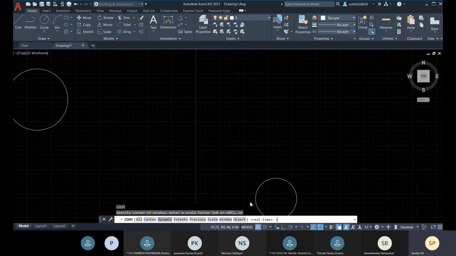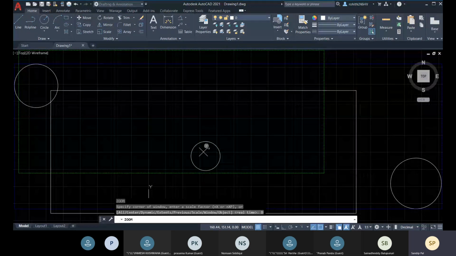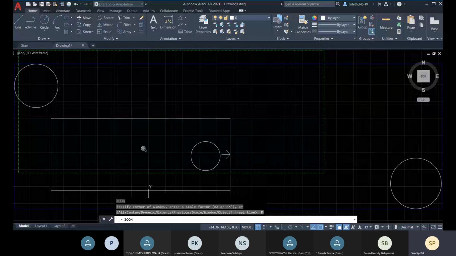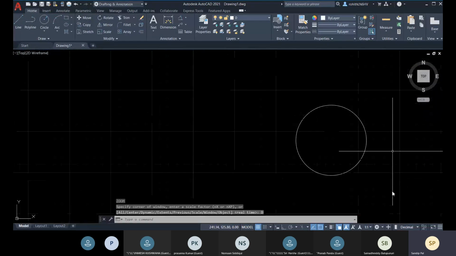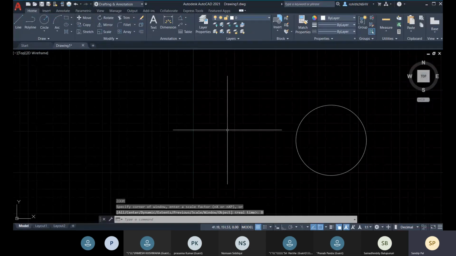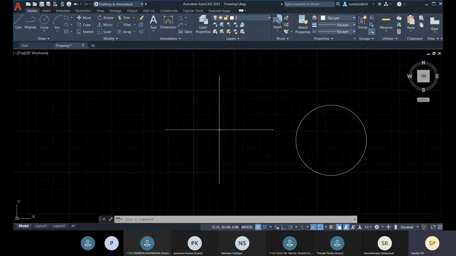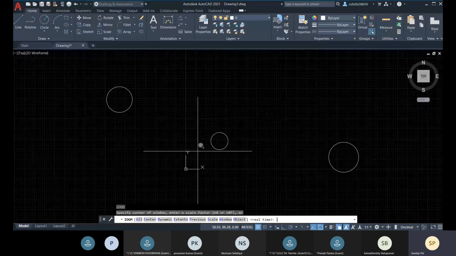Again, you can go for dynamic and mention this point, and from this point define how much area, and then press enter and that much area will be zoomed. This is not fixed. It can be used dynamically as per the user, as per the requirement. So every time it will be changed.